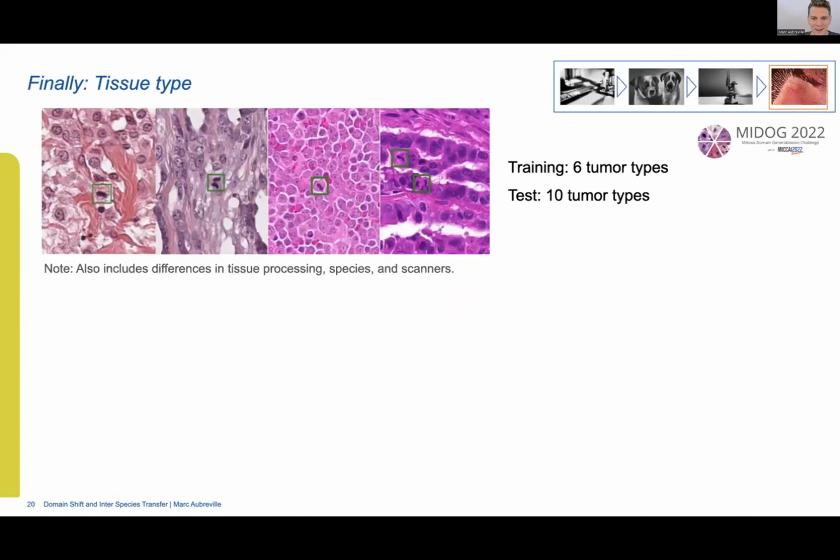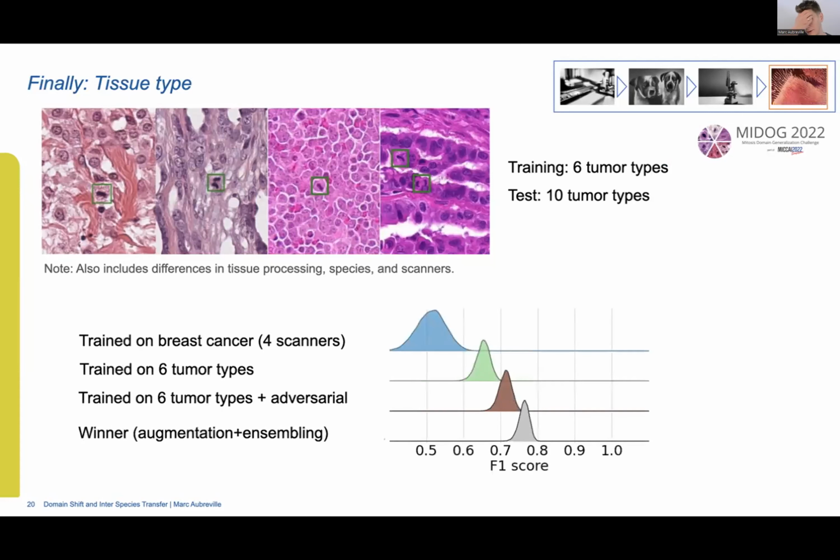So I already teased the MIDOG 2022 challenge, which we ran last year, which was also really awesome. There we used no longer different scanner types, but different tumor types. We had 6 tumor types in the training and an independent 10 tumor types in the test. Of course, this also includes differences in tissue processing, species, scanners, and so on. What we found is that if you train, for example, only on breast cancer, which was our baseline approach from last year, and compare that to something trained on 6 tumor types and adversarial, the winner of the challenge, which was also the TIA team actually,